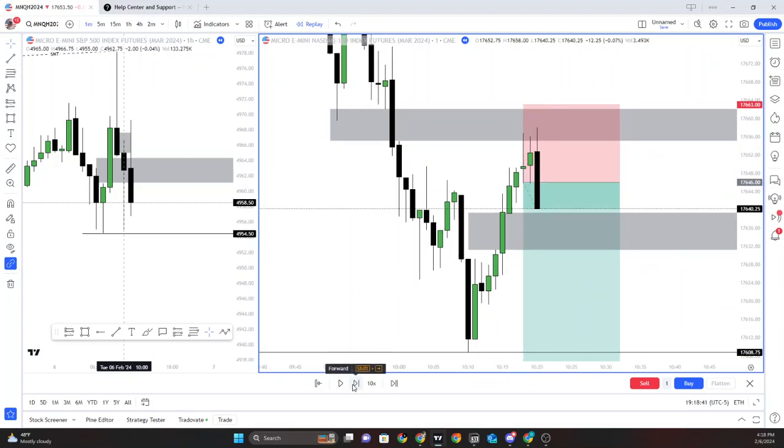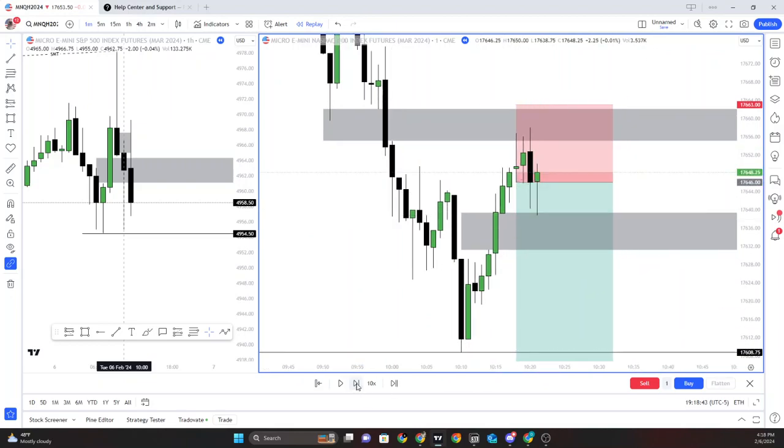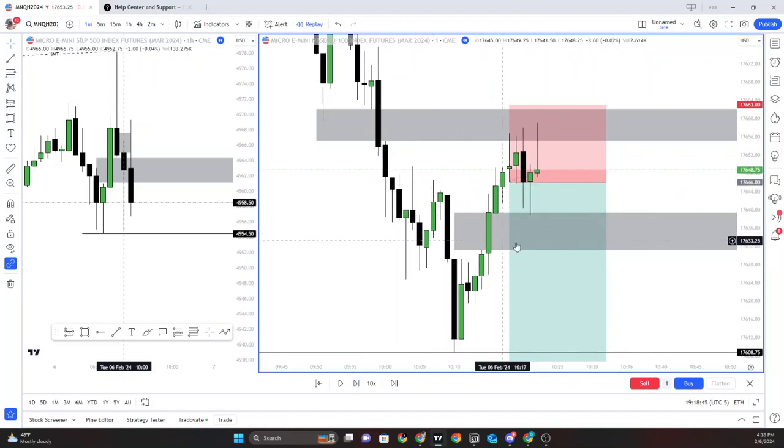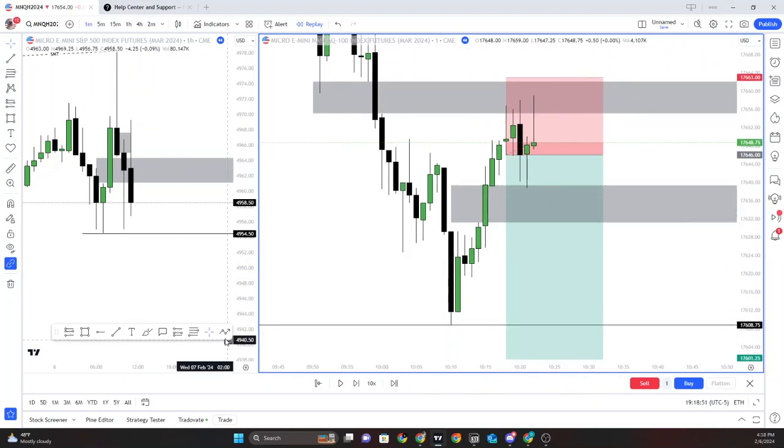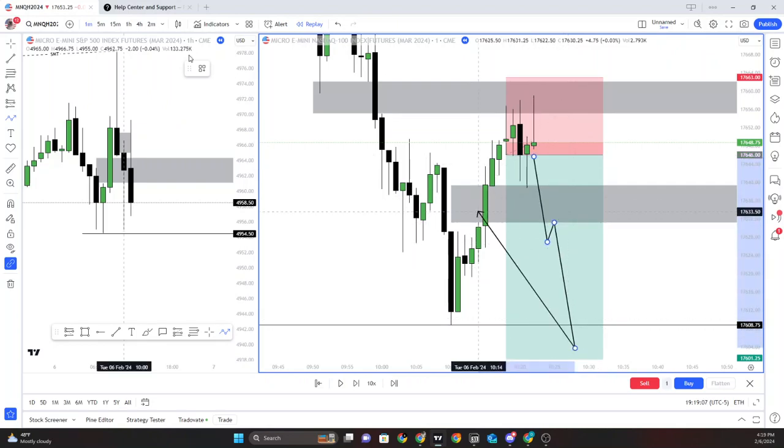But we went up. Little bit of drawdown. Then I had this fair value gap marked right here for a reason, because I wanted that to inverse. This was basically my plan for the trade. Once we inverse this fair value gap, I was going to put stop loss at break even and add a contract right here. Then target down here.